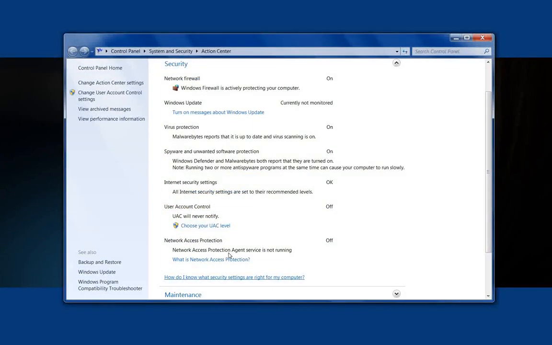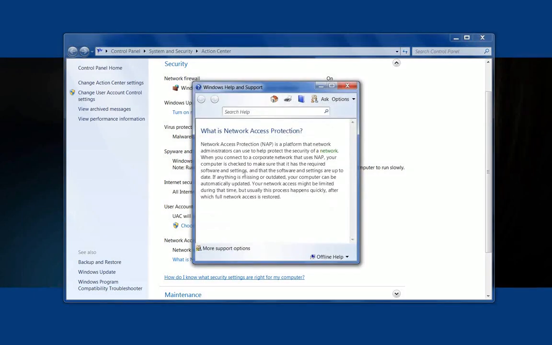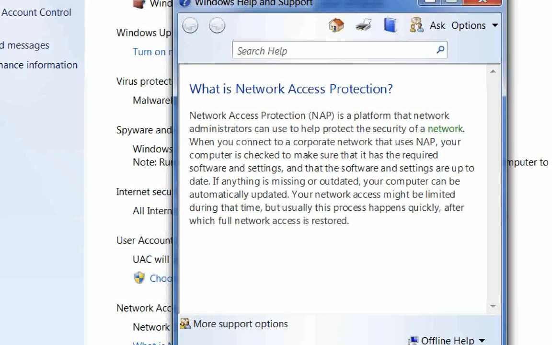Well, all you have to do is click on it. Network access protection, NAP for short, is a platform that network administrators can use to help protect the security of a network. When you connect to a corporate network that uses it, and so on and so forth, what this means is that